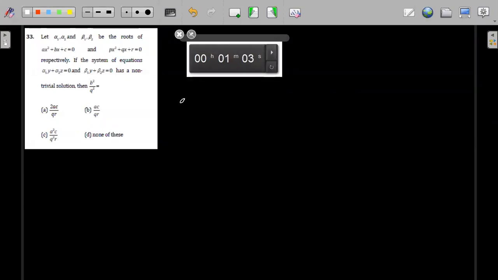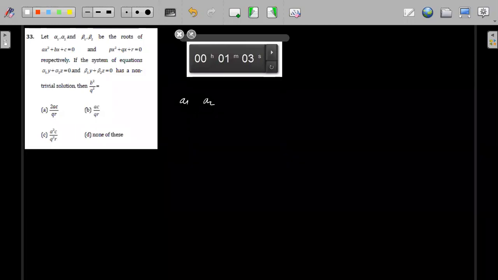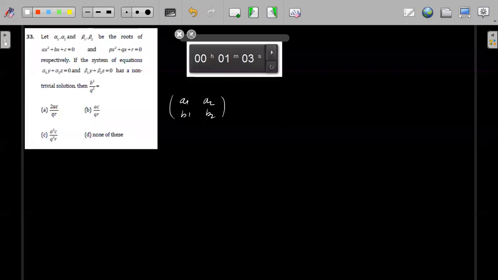So we can write the coefficients a1, a2 and b1, b2. If this is a homogeneous system, let's take this as A. So the determinant of A, delta A, should be equal to 0 because it has a non-trivial solution, that means a solution other than 0, 0. So that means a1 b2 is equal to a2 b1. From here I can take a1 by a2 equal to b1 by b2. Remember,